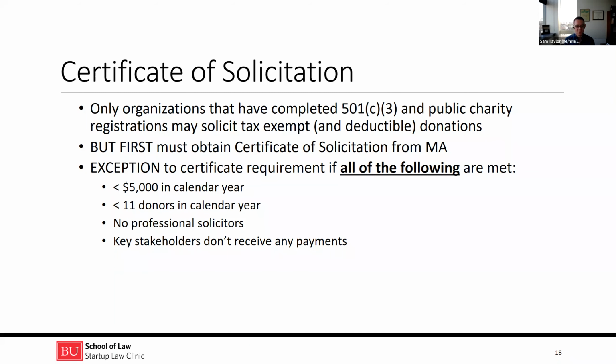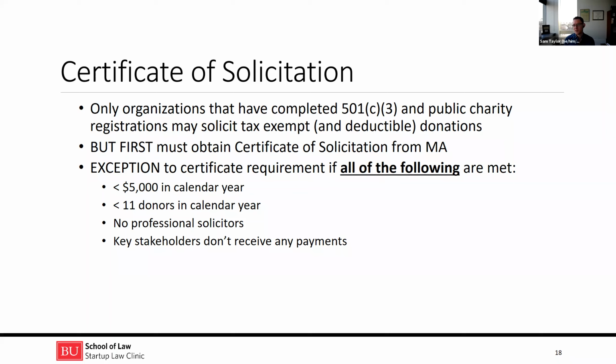So in Massachusetts, you don't actually have to get that certificate if all the following are met. Okay, so not just one of them, but all of them. And this applies to some of our clients. So if you expect to make less than $5,000 in the calendar year, and that money is going to come from less than 11 donors, so 10 or less, and you're not hiring any professional solicitor, you're not paying someone to help you get donations, and the key stakeholders within the nonprofit aren't receiving any payments, so no one's getting any salaries or anything like that. If all 4 of those things are met, then you do not have to apply for the certificate of solicitation